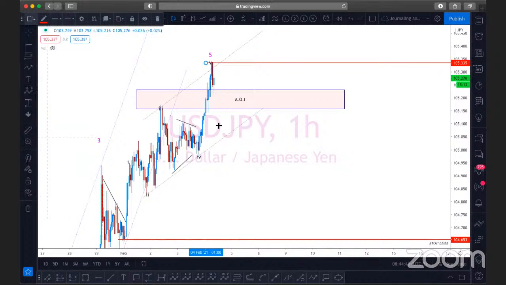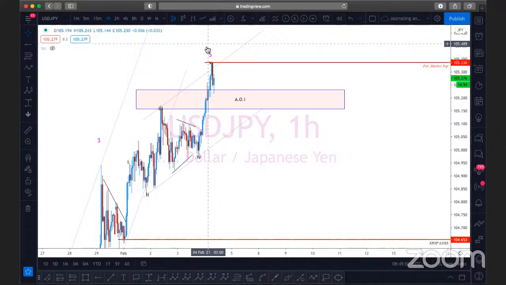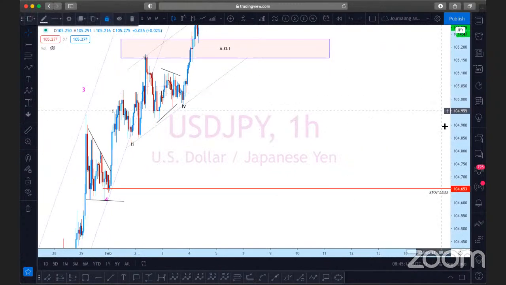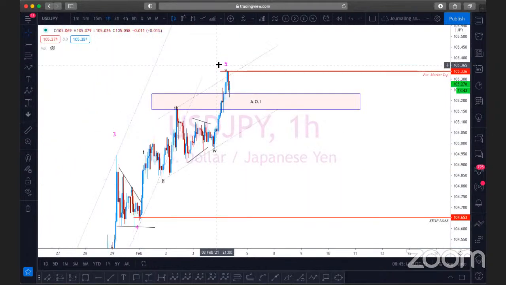And let's observe to see if this level would hold firm. So let's say that we have found the top, right? What we want to see taking place now is for this movement down, whether it may be wave A or B, we need to see it staying below this area. And what we want to be looking at now is how this market is reacting, because this wave 5 here